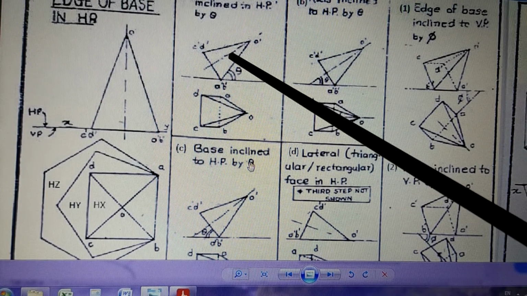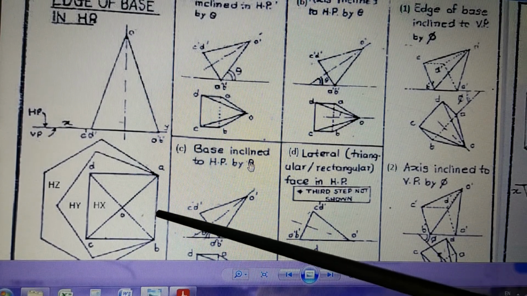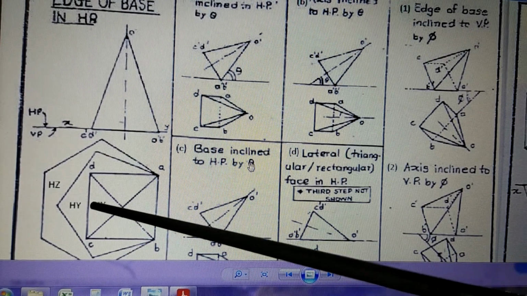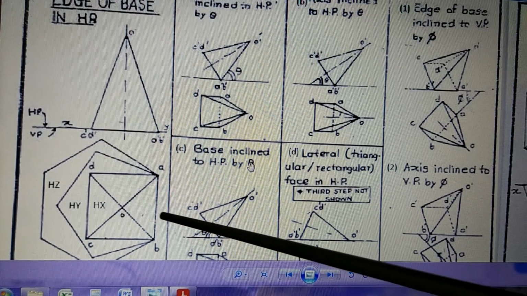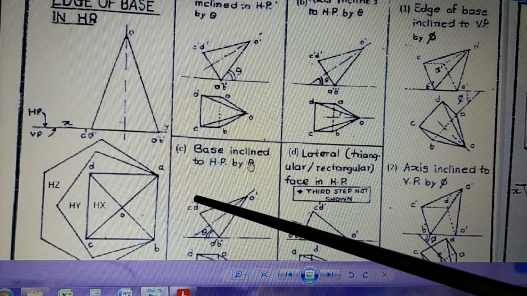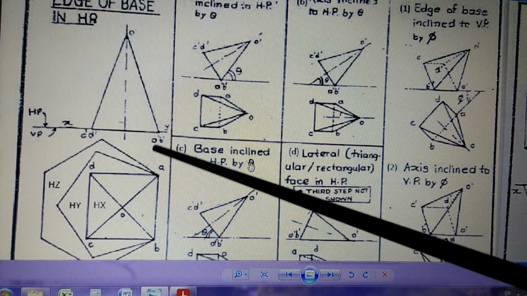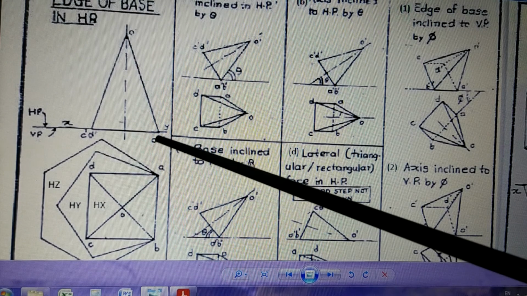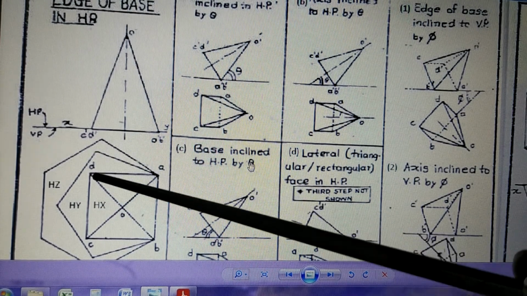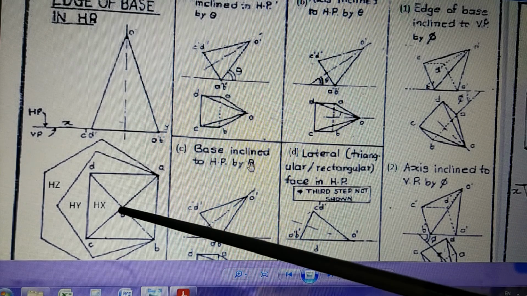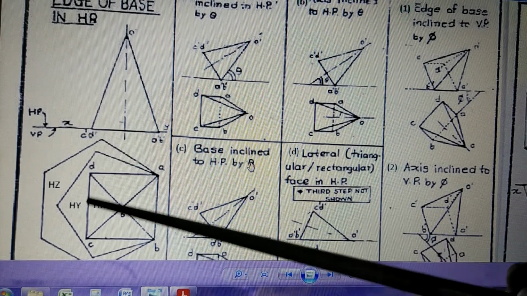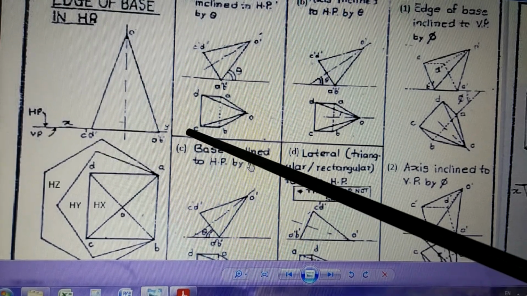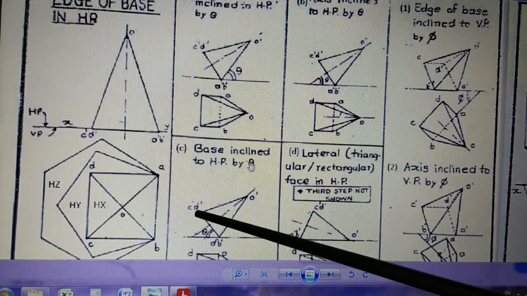Now when that happens, remember that you have tilted this object. So now look at the pyramid from above. It will look like this. And when the tilting takes place, even after tilting, this point A will be at the same distance from the VP. You know, this line is VP. So point A is at this much distance in front of VP. D is also at the same distance in front of VP. O is at this much distance in front of VP. B and C, they are also at the same distance from VP. That means all these 5 points, their distance from this line will not change even after tilting.